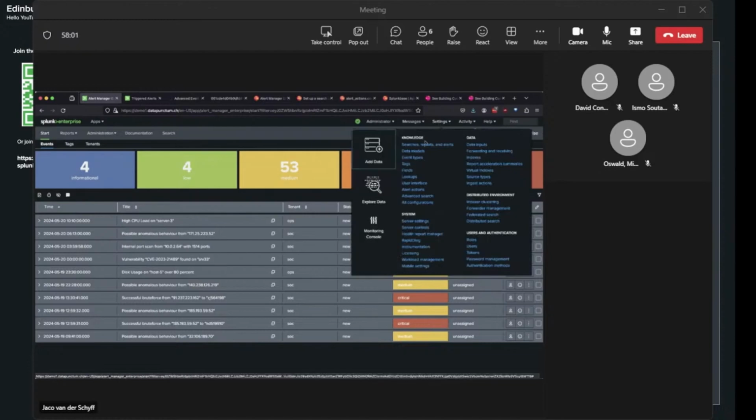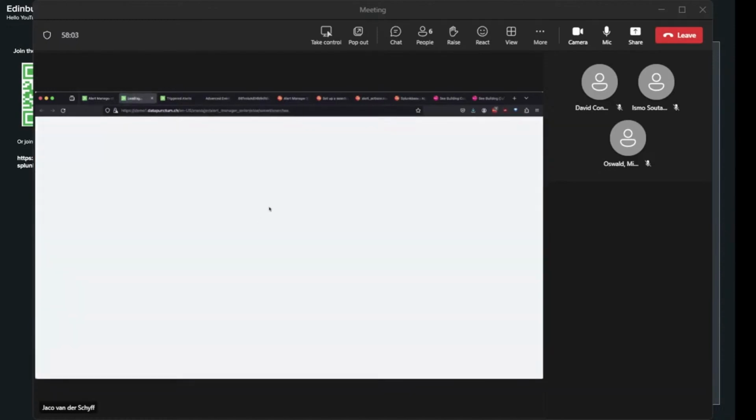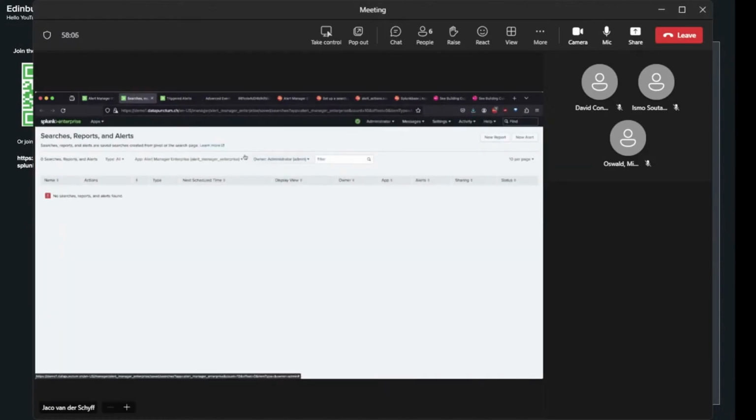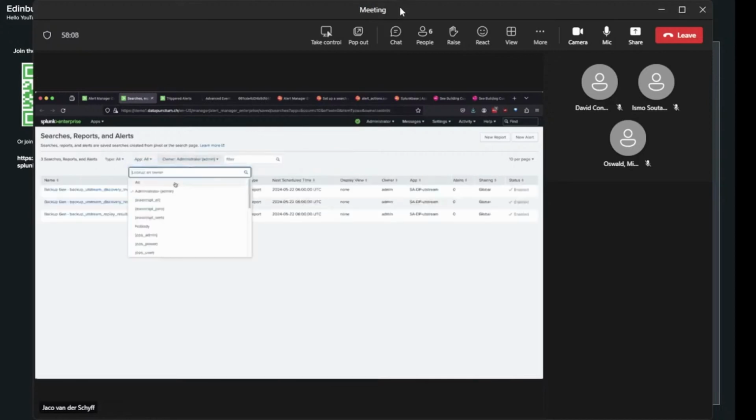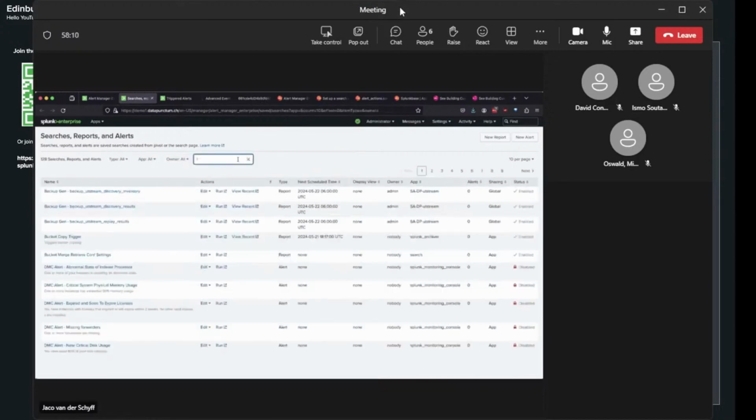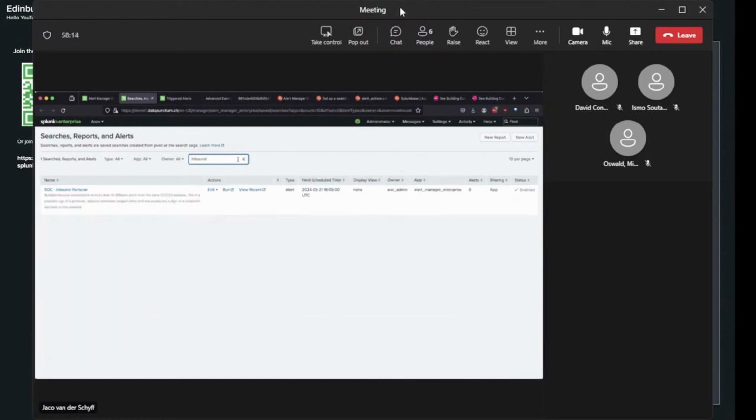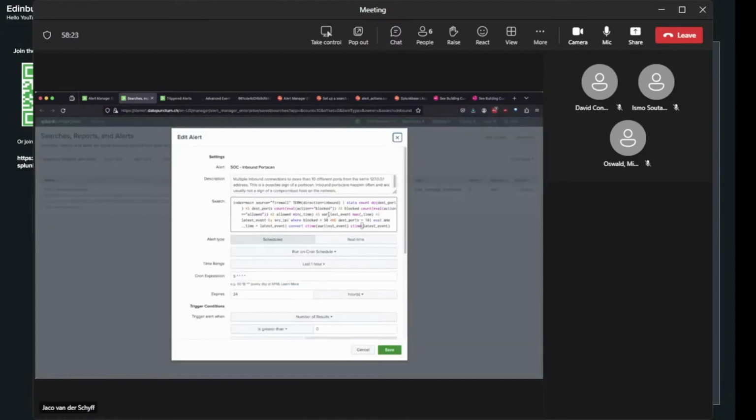First off, I will start with my searches, and I will here just quickly go to all my applications, and I will search for my inbound port scan event. Okay, so here I have a correlation. It's an inbound port scan, which means it's a search that has at the end an alert action.